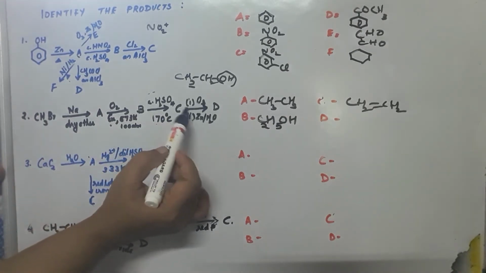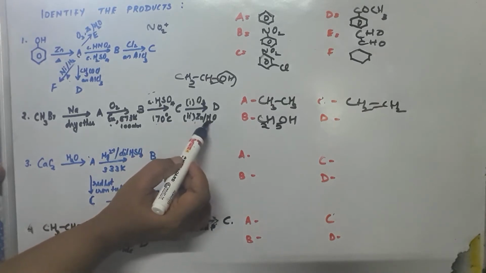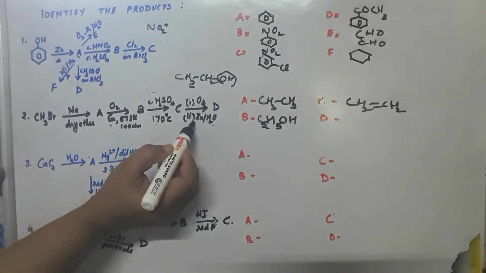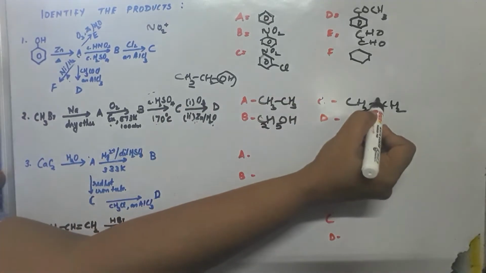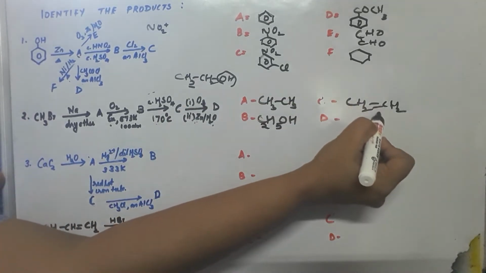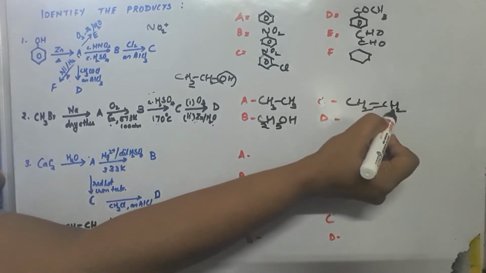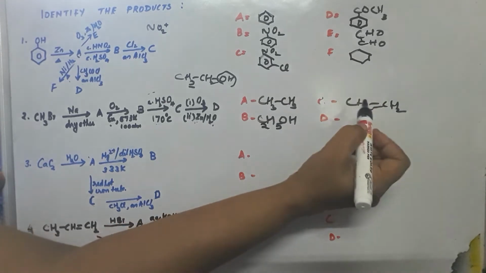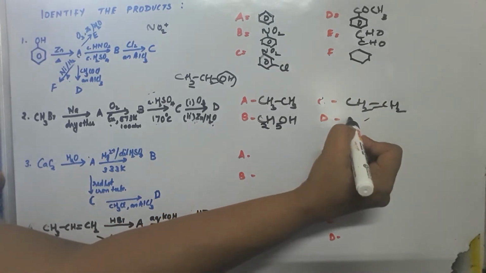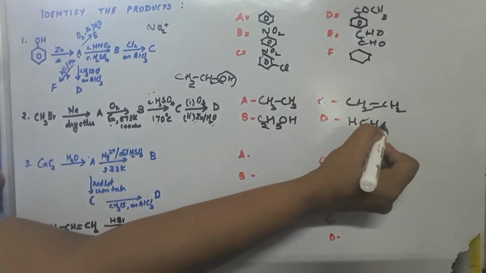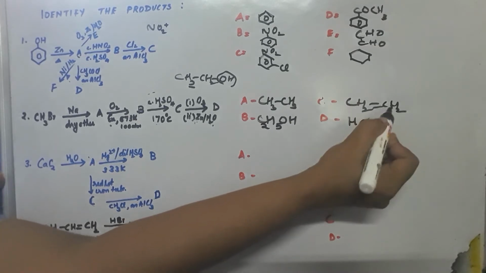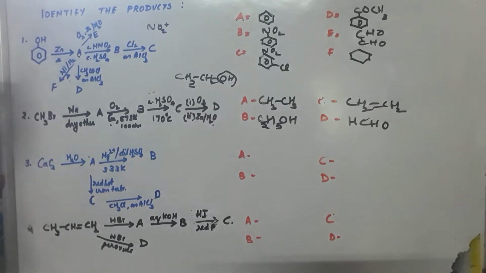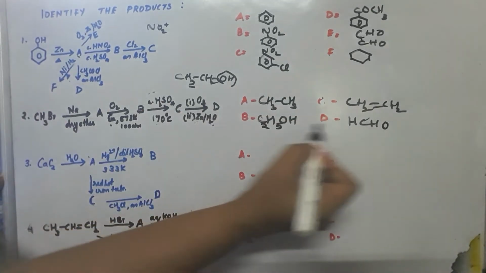Now this ethene then undergoes ozonolysis. O3 and zinc water is added. So it is reductive ozonolysis. And you know that during reductive ozonolysis, the double bond breaks, 3 oxygen atoms get added, and then it undergoes hydrolysis with zinc and water. So you are getting formaldehyde, HCHO from this side, and this side also HCHO. So formaldehyde is formed as the product.